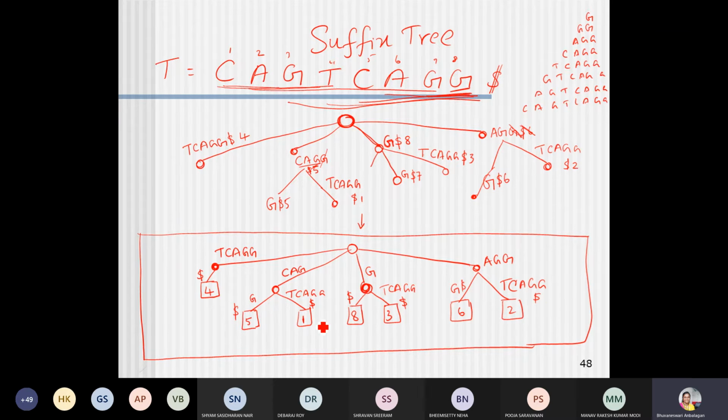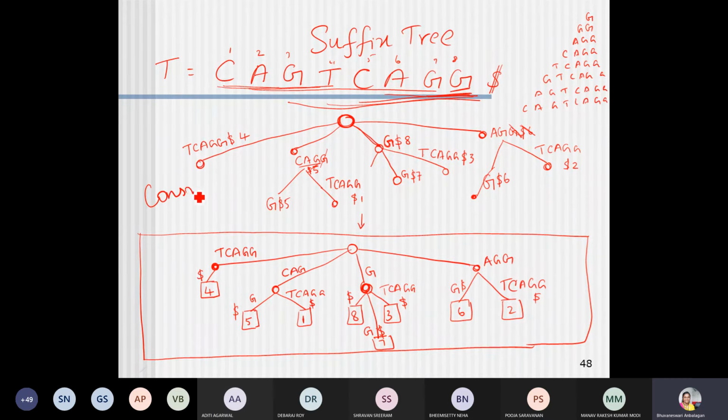So 1, 2, 3, where 4 is there, 4, 5, 6, 7, where is 7? 7 is available. G is here, there should be GG. Yes, there should be 7. G is there, and this is going to be the end. So 7, 3, 6, 2.